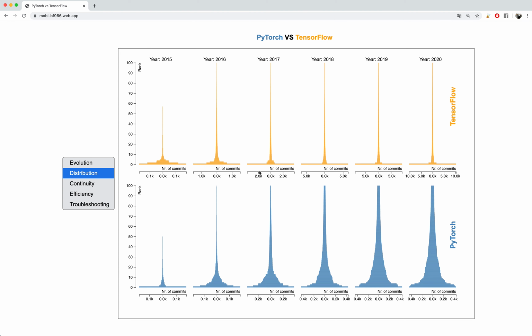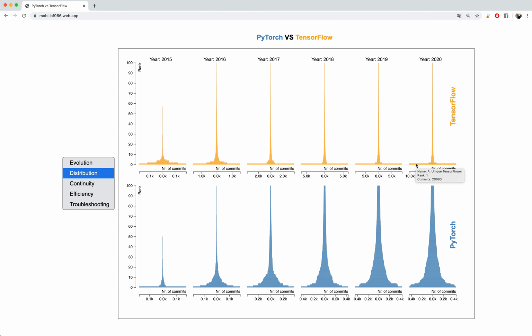We can see with this pyramid chart how decentralized those two frameworks are. And what we see is that TensorFlow is centralized, and PyTorch is collaborative or decentralized. If we look at the TensorFlow pyramids, we can see the first committer on the rank, in first place, is a unique TensorFlower. So there is only one big contributor on TensorFlow, and